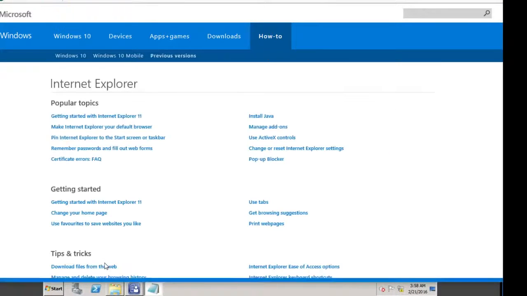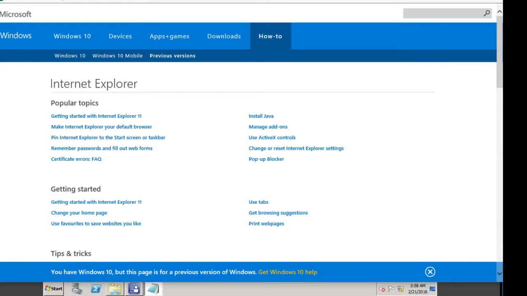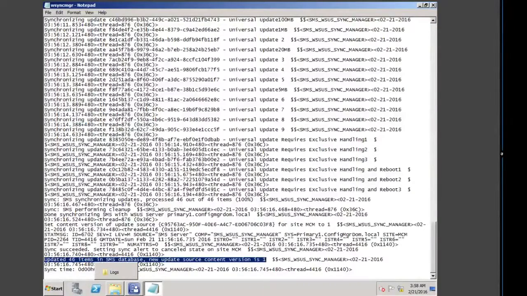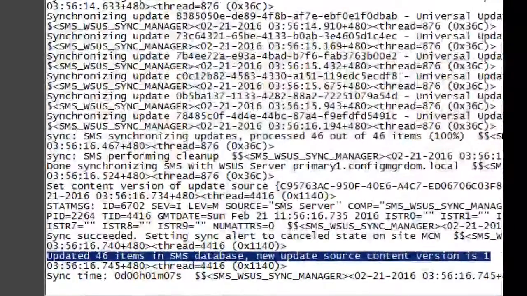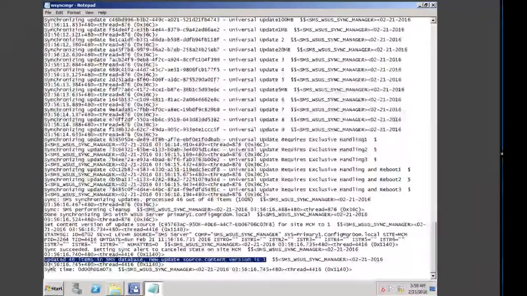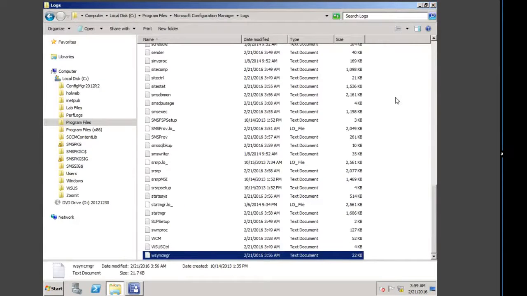Oh no, that is not what I wanted. And let me see if I can magnify this for you. So there you go. Updated 46 items in the SMS database. The new update source content version is now 1, which I previously showed you. Okay. So let me close that. So we have completed